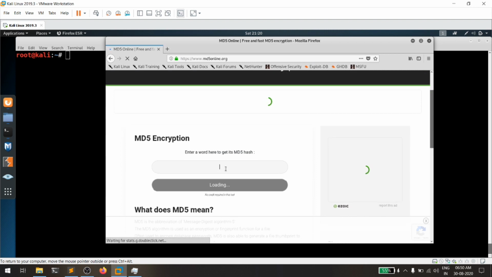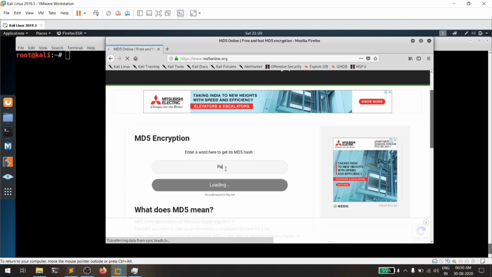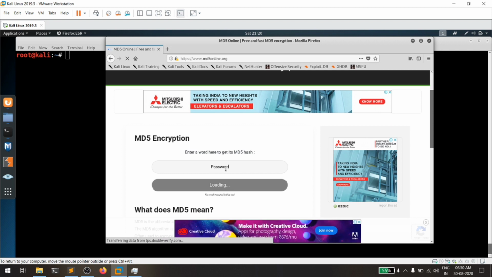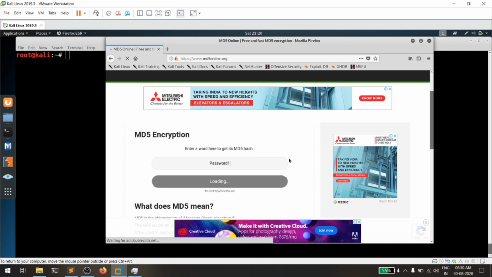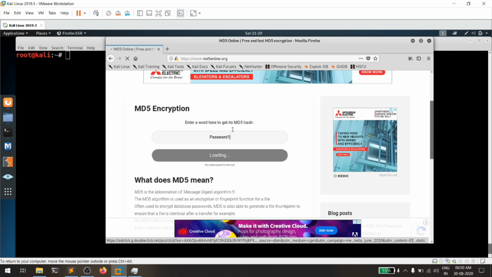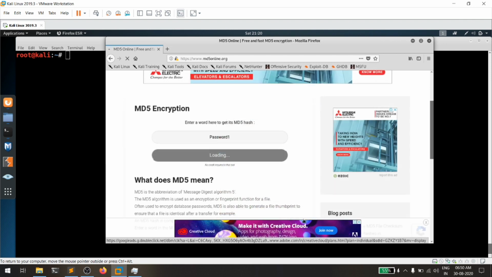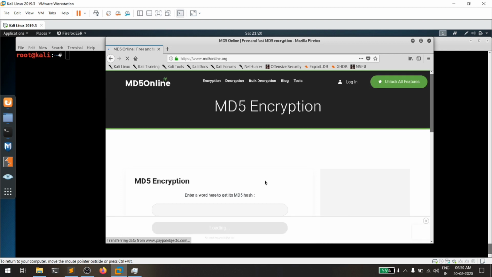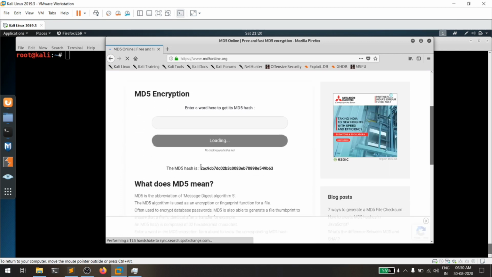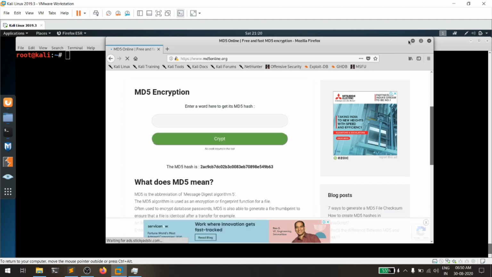For demonstration purposes, I am going with password1. Okay, I entered my password, so this is a simple thing, don't worry about this. I'm creating a hash for my password1. I hope you are taking good notes. Taking notes is really helpful for you in the future as well. So I got my hash. Let me copy the stuff,